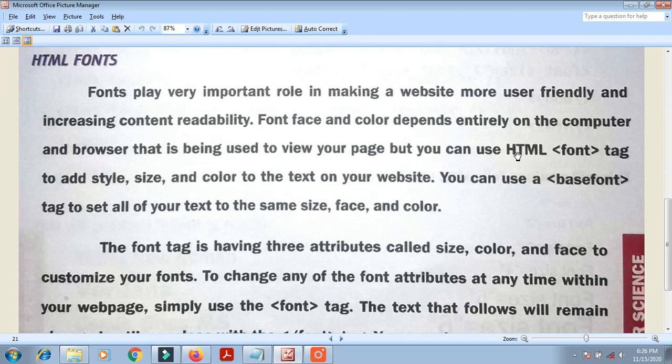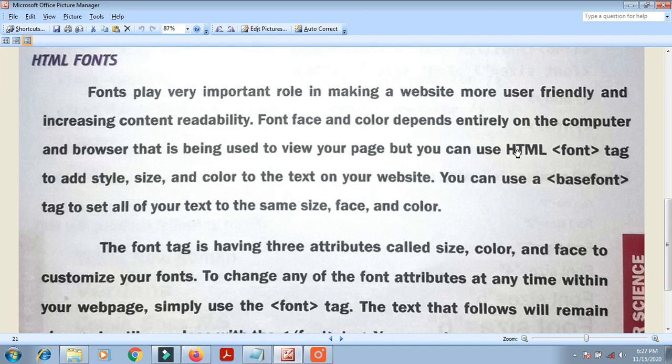It is used for the size of the font, the color of the font and the style of the font. It will differ from one font to another using the tags.